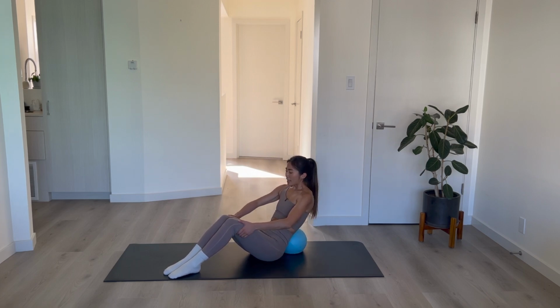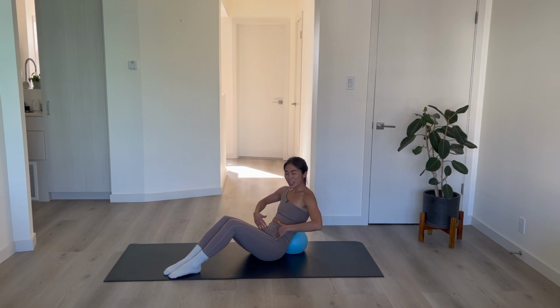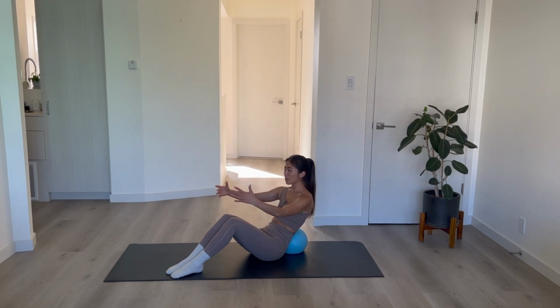Grab behind your thighs and then start to roll back, finding a C curve in your spine. So think about curving through that low spine and really pressing the spine into the ball, but feeling your core engage immediately. And you can place your hands at your low belly and feel your core start to engage. All right, from here, you're gonna reach your arms forward and you're just gonna take a little pulse back into